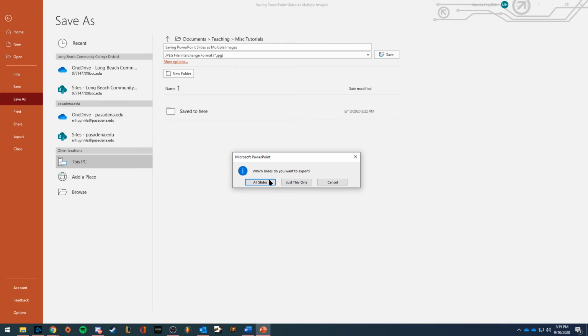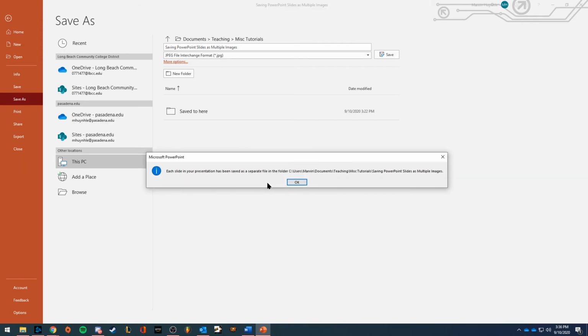So you can choose all the slides in the PowerPoint to be spliced into images, or a particular one. You just select whatever slide you want, convert it to an image, go through the same steps, and then choose the middle option here of just this one. But for our purposes, we'll do all the slides, so I will select that, and then there will be this confirmation window saying all this stuff has been saved under a particular folder of this pathway, and I'll hit